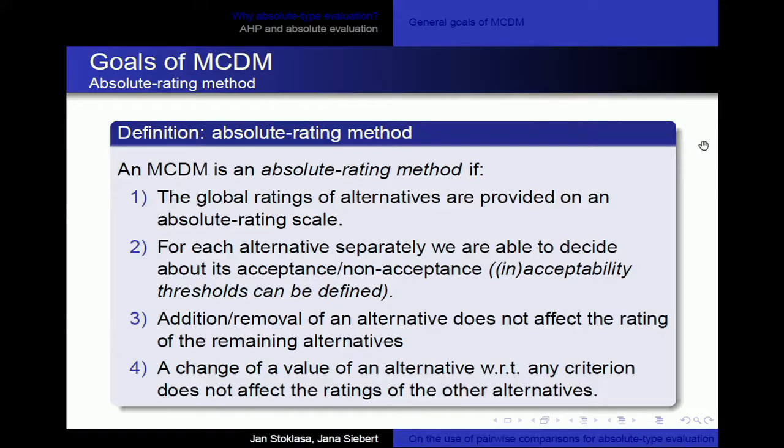And then these are the usual defining factors. If you add or remove an alternative from the set of alternatives, the evaluations of the other alternatives should not change. And obviously, if you change a value of one alternative with respect to one or more criteria, its evaluation can change, but the evaluations of all the other alternatives need to remain unchanged. And I guess these are not very restrictive. This is a reasonable requirement for an absolute type method. So now, knowing this, with this definition, let's try to apply pairwise comparisons to get an evaluation of absolute type,